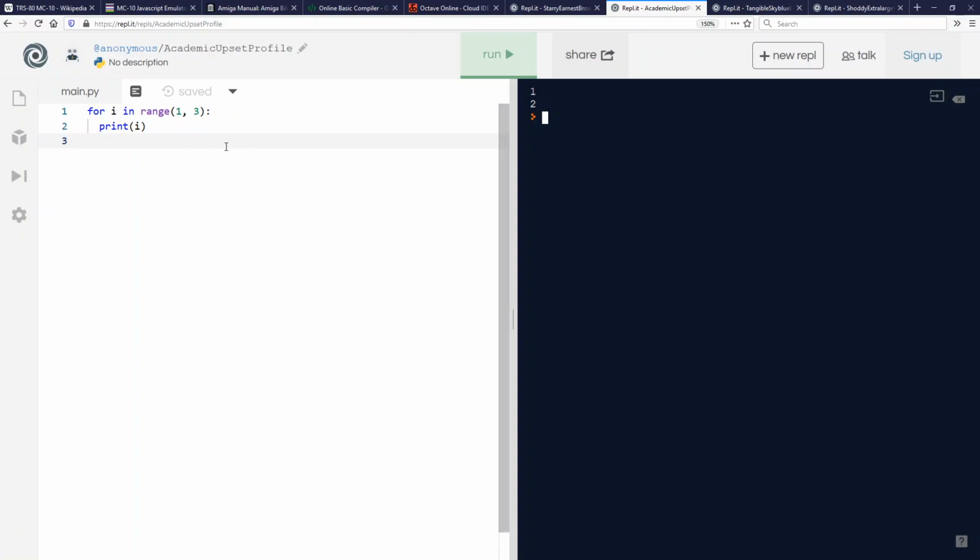is 0-based by default. It's 0-based in its indexing generally, and so it tends to think of things in terms of an exclusive end to the range. If I want to go from 1 through 3, I need to go range 1, 4, which means 1 to less than 4. If I run this, I get my 1, 2, 3 out. But really what makes more sense in Python is saying range 3, counting 0, 1, 2, again, because Python does